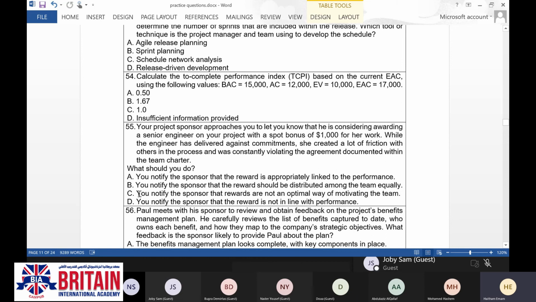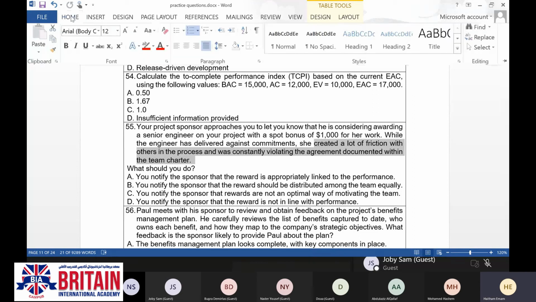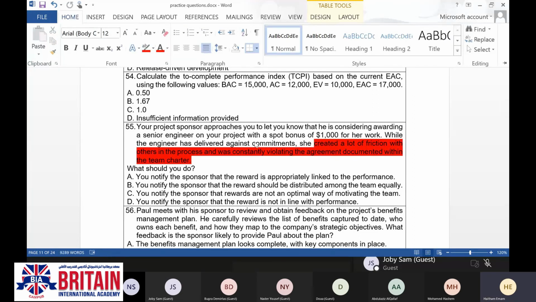So you're going to notify your sponsor that the reward is not in line with the performance. Her performance doesn't make her eligible for this reward. Why? Because she was having a lot of friction with others and she was violating the rules in the team charter.